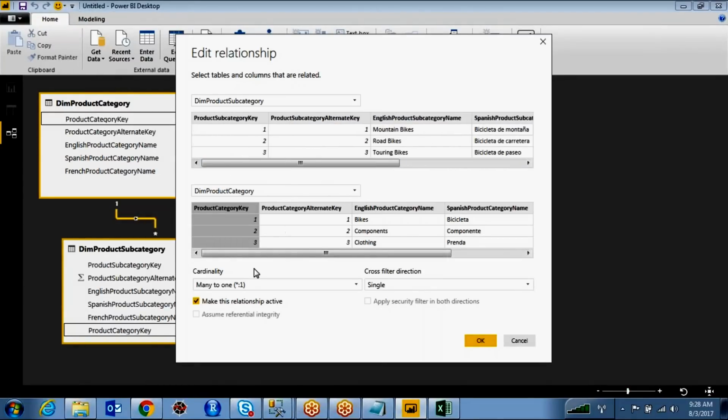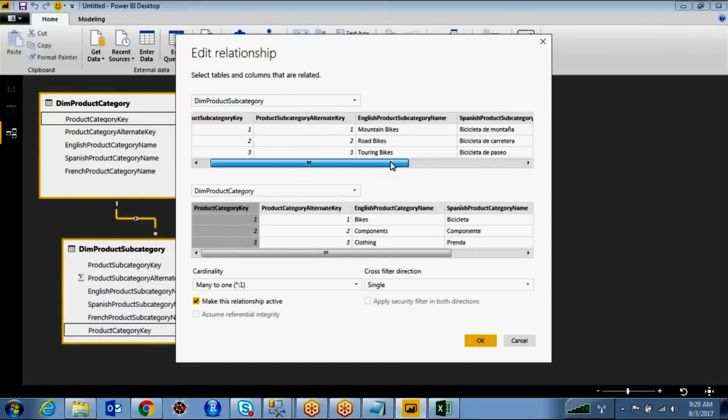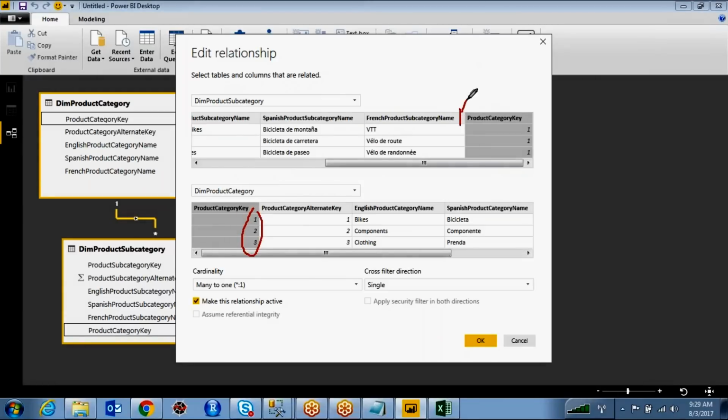So here it is many to one. Many to one means dim subcategory: in the subcategory items, the category key repeats many times. If you observe over here, 1 1 1 1 1 1 1, it repeats a number of times. Here, how many times does 1 repeat? Only once. Here there are many, here it is only 1.